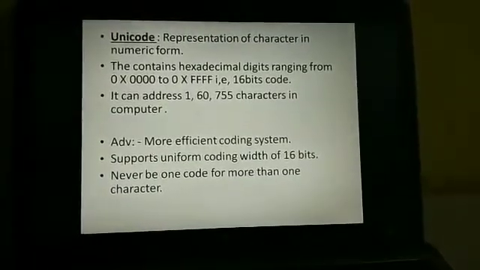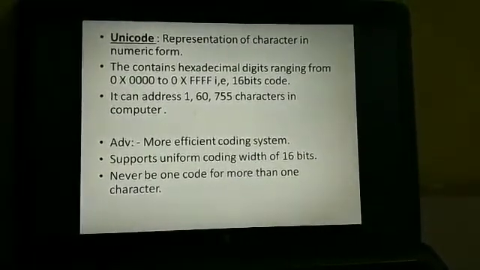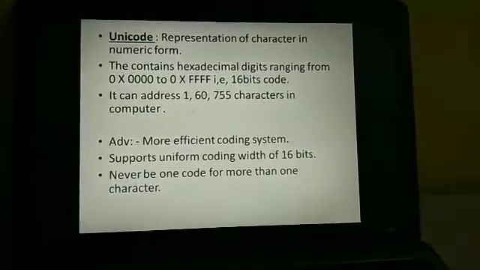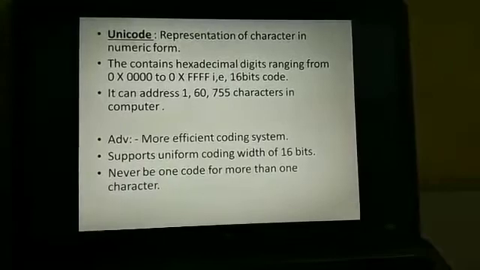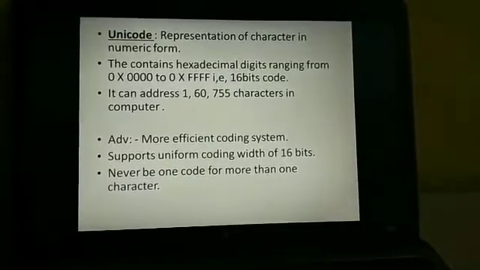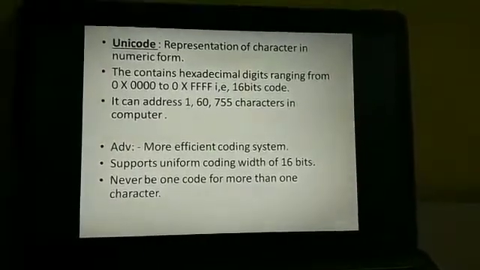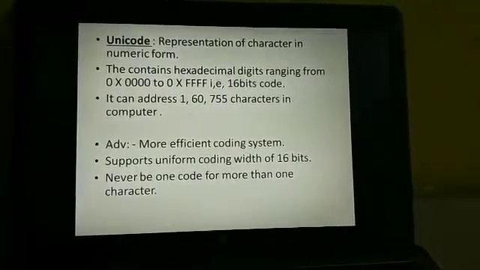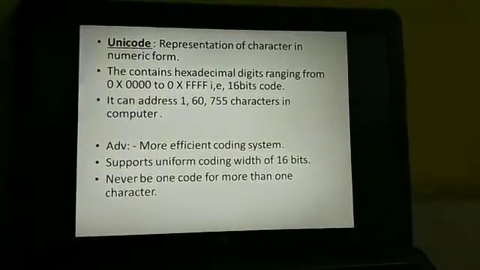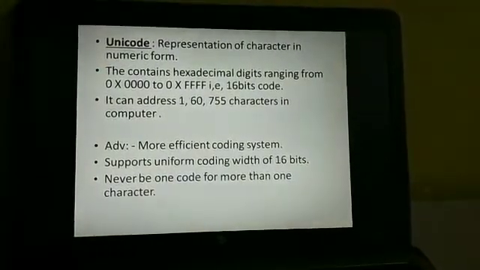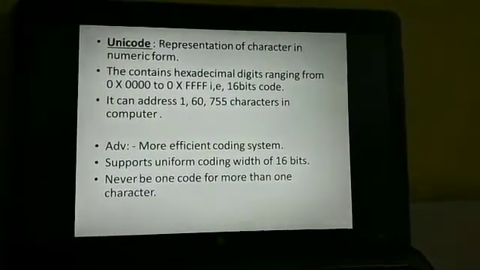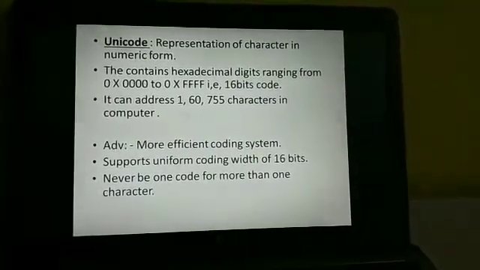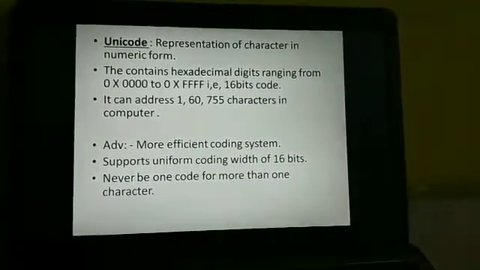It contains hexadecimal digits ranging from 0000 to FFFF, that is your 16 bits code. It can address up to 1,60,755 characters.